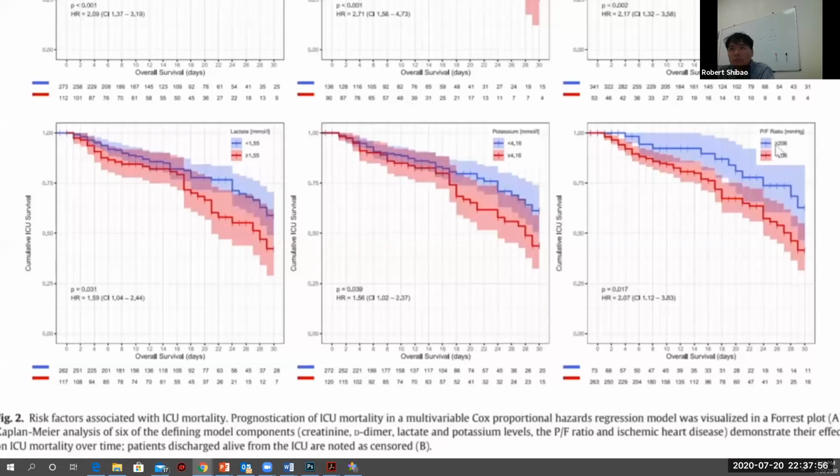And finally, the PF ratio. For those who don't remember what the PF ratio is, it's simply the PaO2 on the blood gas divided by the amount of oxygen that the patient is on. For instance, if the PaO2 is 80 and the patient is on 50% FiO2, then it would be 80 divided by 0.5, which would be 160. And we would just look at this here. Of course, if it was less than 206, less chance of survival. Greater than 206 on admission, higher chance of survival.